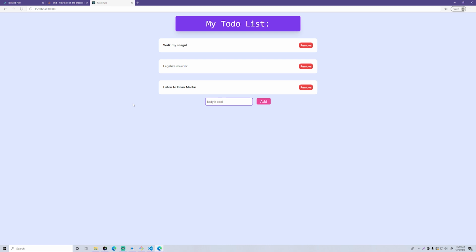It was a pretty simple application, and this is my first React application. I've made more since then, but I just wanted to show you how you can start off with something simple, and that's how you learn, right? You start off with something simple, make it, Google along the way, and you'll find out how to make some cool stuff, and you can use that in the future. It's all about experience and just practicing.